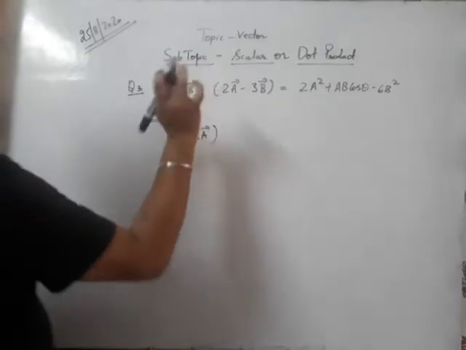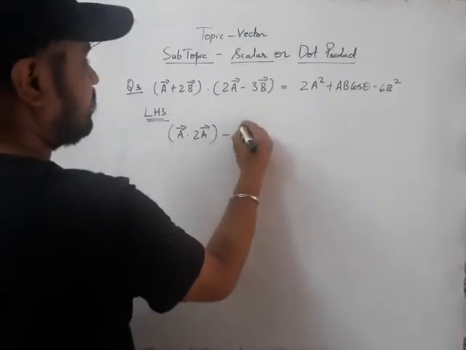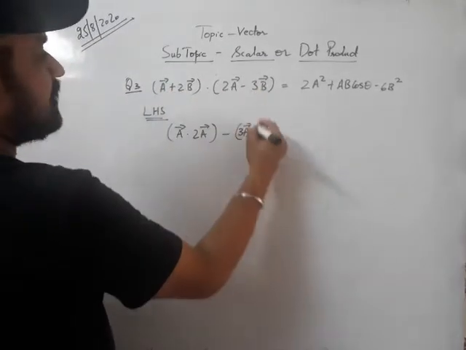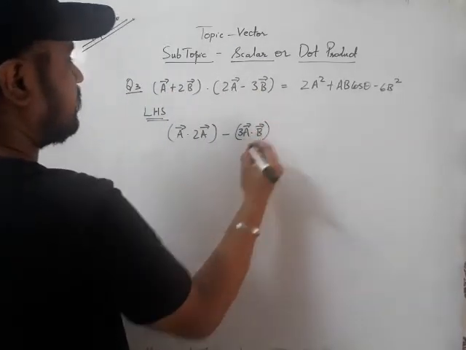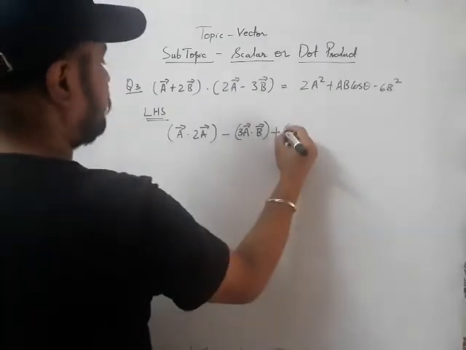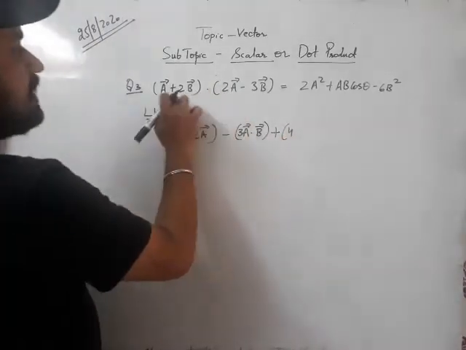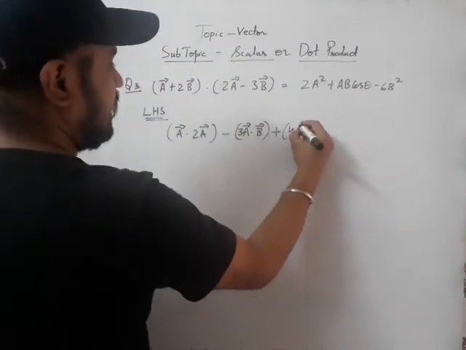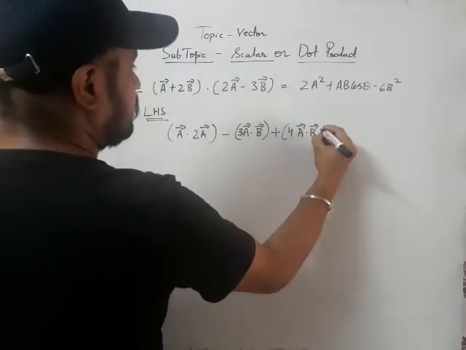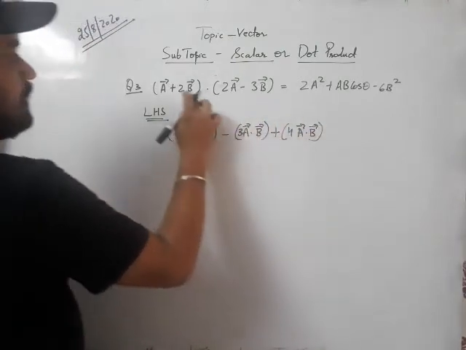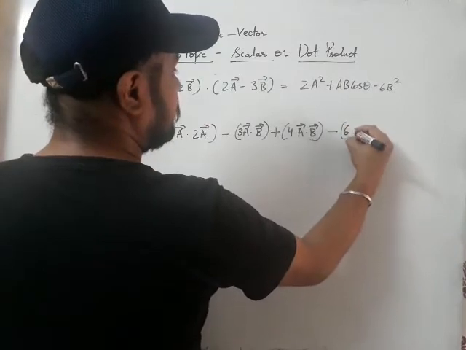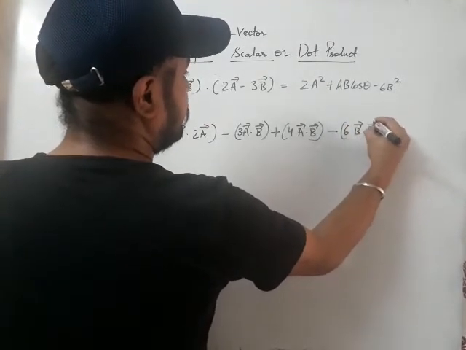let us suppose it be in bracket, minus of a vector, 3 is scalar, so it will be taken out, a into b vector, and after that 2b into 2a, that is minus plus of 4 scalar into scalar, and a dot b, and the last step will be this, minus 6 b vector dot b vector.